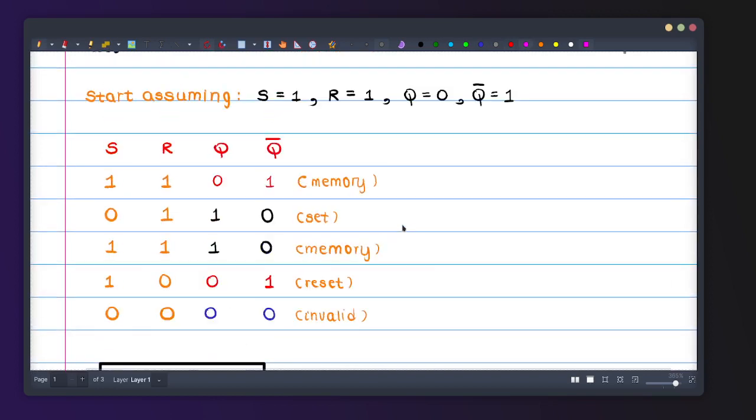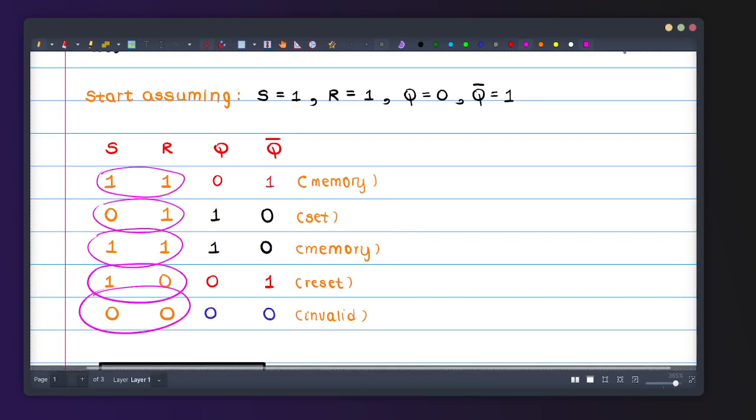Now the reason why this truth table was used to explain to you first is, notice how when you go from one state or one row of the truth table to the other, there is only 1 bit change, right? 1 1, only this one changed to a 0, this one remained as it is. Here this one remained as it is, this 0 changed to a 1. Here this one changed to a 0, but this one remained as it is. Here this one changed to a 0, this 0 remained as it is. So we are making 1 bit changes at a time, and that's really important